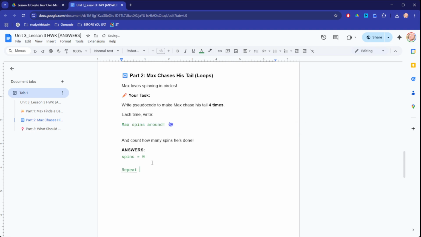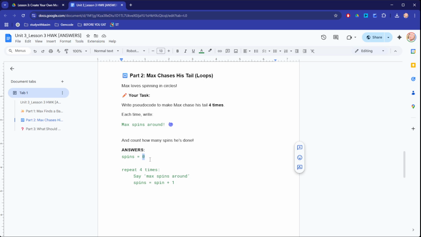So we'll say repeat 4 times. I'm going to say Max spins around. And right at the bottom, we're going to say spins is now equal to spins, which is 0, plus 1. And since we're repeating this 4 times, if we do 0 plus 1 plus 1 plus 1 plus 1, that's 4 times, we're actually going to get the number 3, which is not equal to 4, which is a little